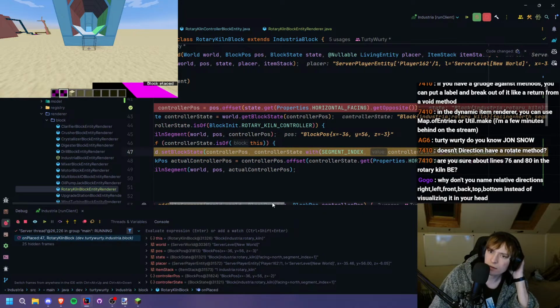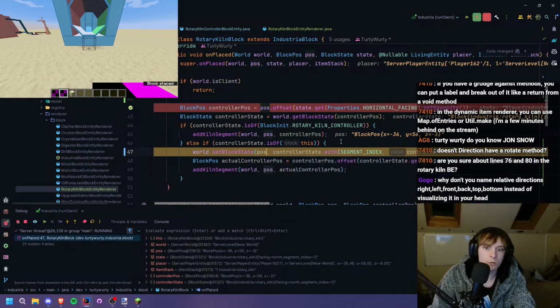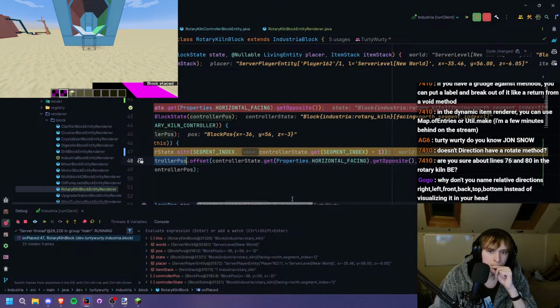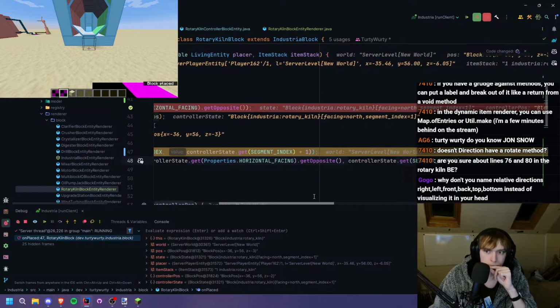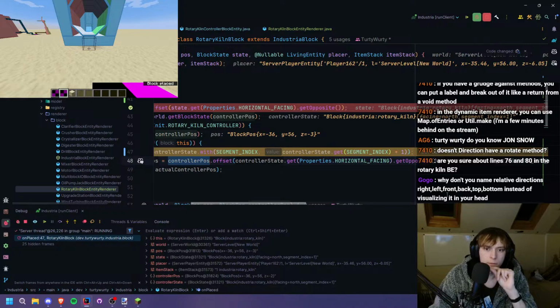Wait, that doesn't make sense. What? No, this isn't right. This needs to be at the pos, right? It needs to set the block at the current position to be a segment index +1, right? And then controller pos to offset in the facing. Now the facing I think is also wrong, so if I look at the facing here,